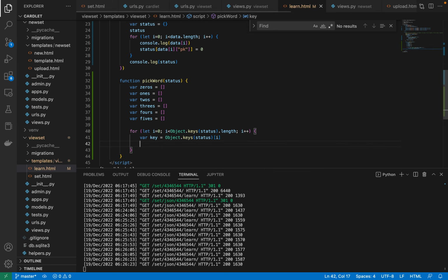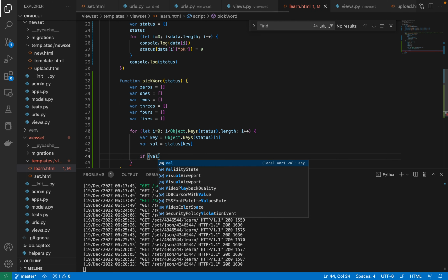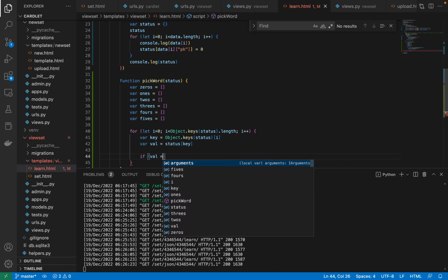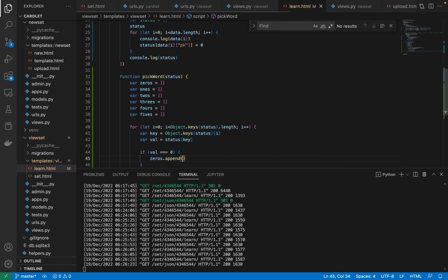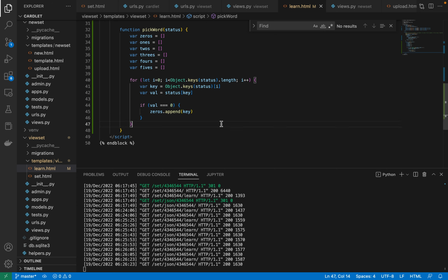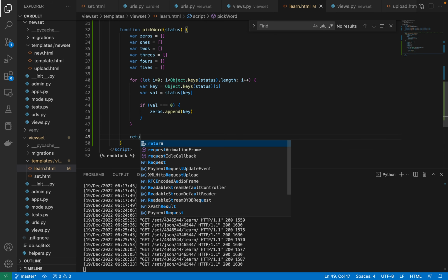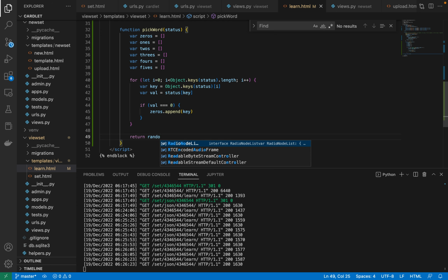I'm gonna do it like that, and then we can do, or our value is status bracket key. If value is 0, then I want to do zeros dot append key. Okay, that's all we're gonna do so far, and then we're gonna say return